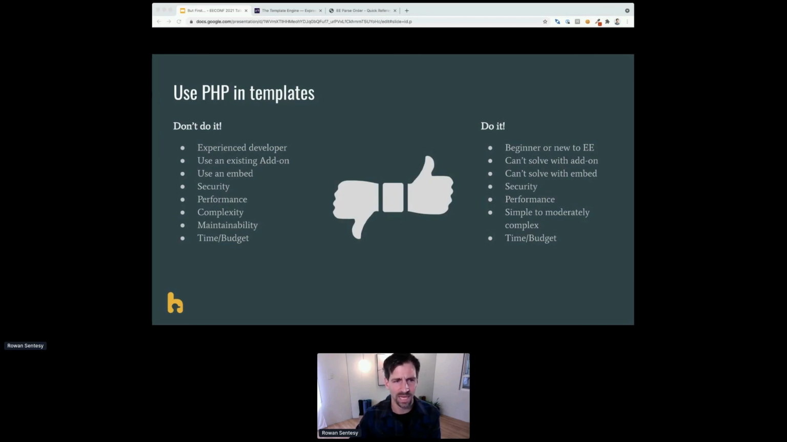If time and budget are a concern, and you need to do something quickly and efficiently and not spend time developing an add-on and maintaining that, sometimes PHP in a template can really solve your problem faster than the alternative. Okay, so with that all being said,